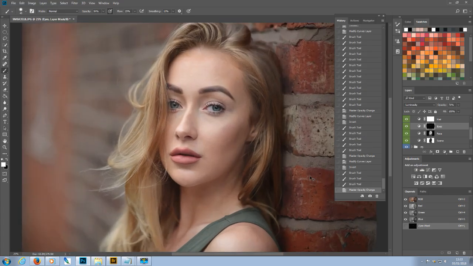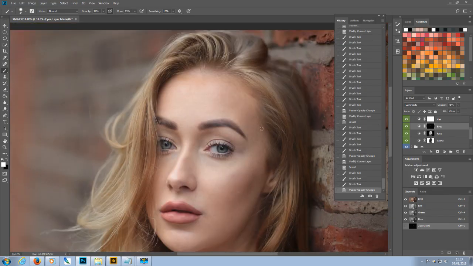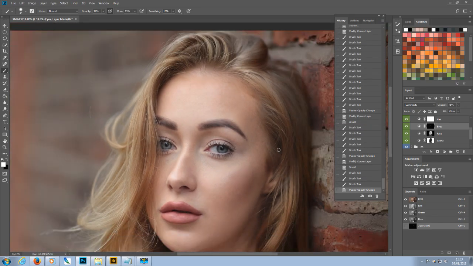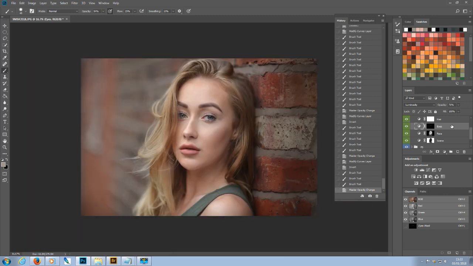And of course, subsequently, we're going to be working on the eye color as well, which is going to give the eye more impact. But here, as previously mentioned, we're really only concerned with luminosity in the eyes on this layer. So we might decide that will do. And now we're just going to